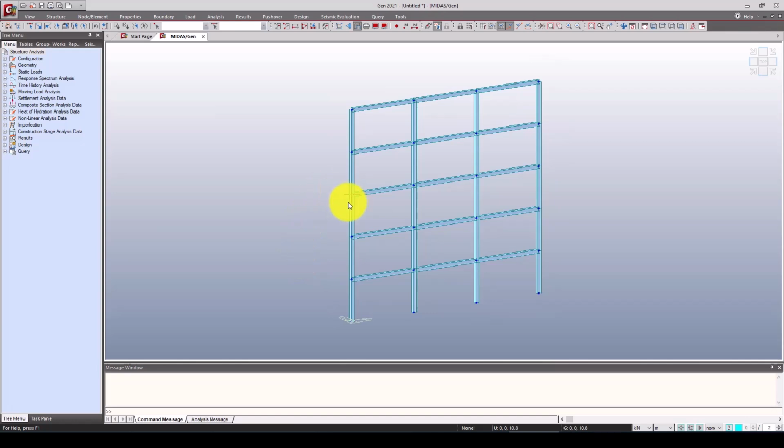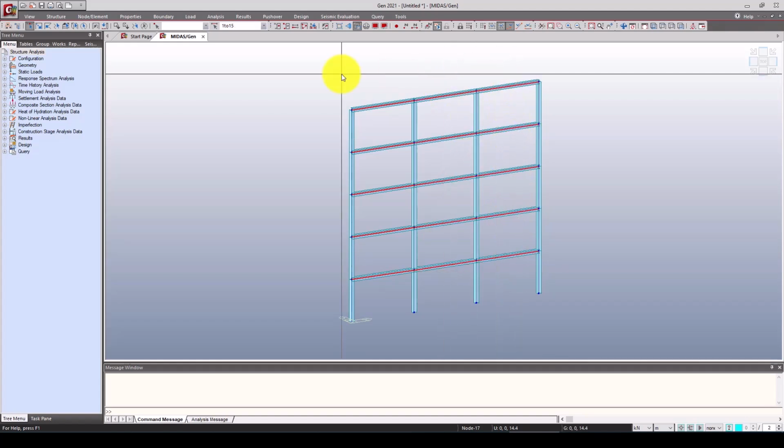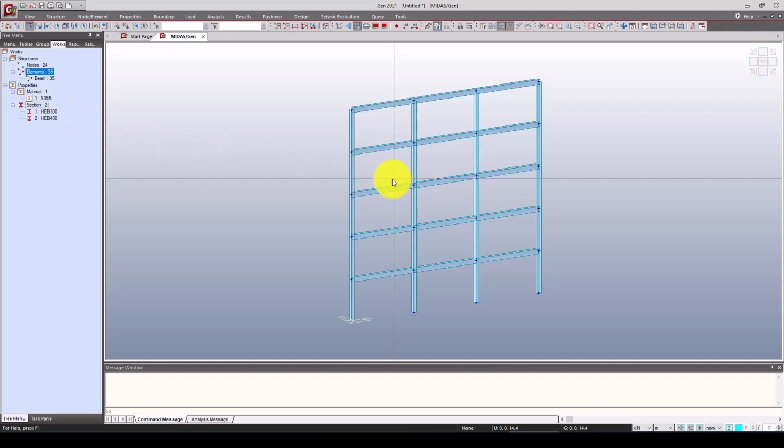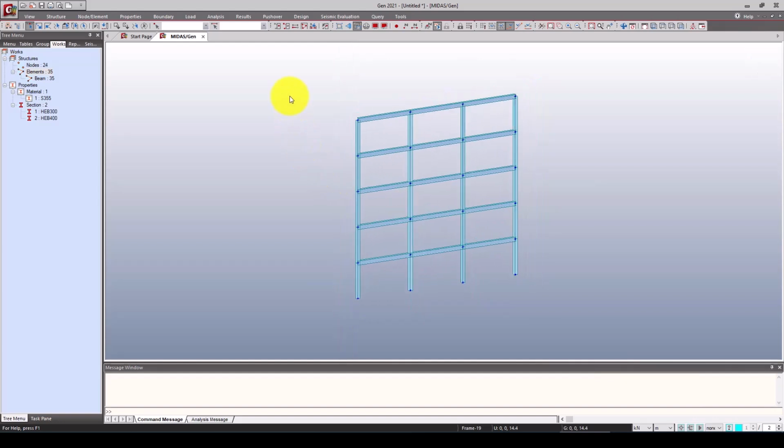One thing I can quickly do here is select the beam, since I want to change the beam section to 40. Here is the section, and this is the section. Just drag, and it automatically changed. Now we want to select all,